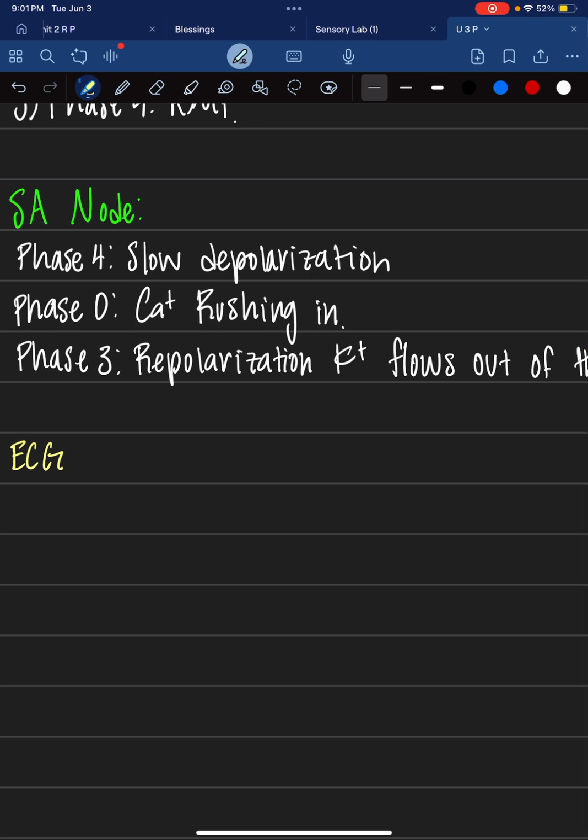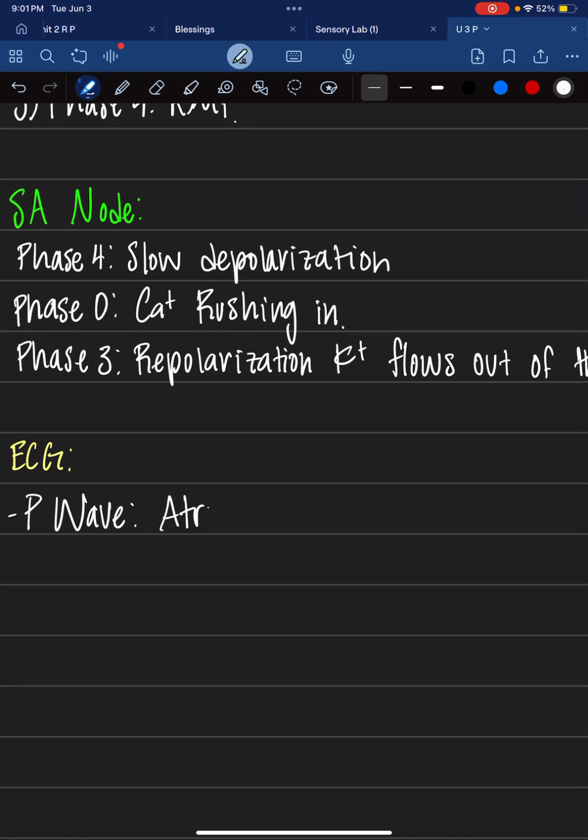So the EKG, it shows the electrical activity of the heart. So the P wave represents